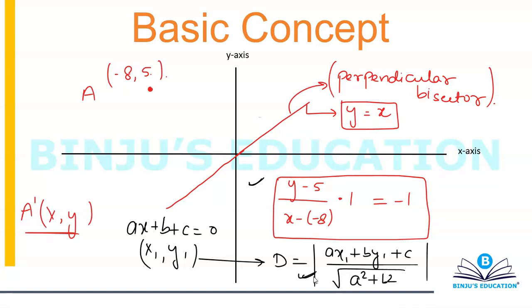But why do unnecessary things? That's not required. You just need to remember four things, which is more than sufficient. If you want to take reflection along x, change the sign of the y coordinate. If you want to take reflection along y, change the sign of the x coordinate. If you want to take reflection along x is equal to y, interchange the coordinates with the respective signs. If you want to take the reflection along y is equal to minus x, interchange the coordinates and multiply the new coordinates by a negative sign. Just remember these four things. Trust me, nothing else is required. You don't have to prove it, or show that you know it.